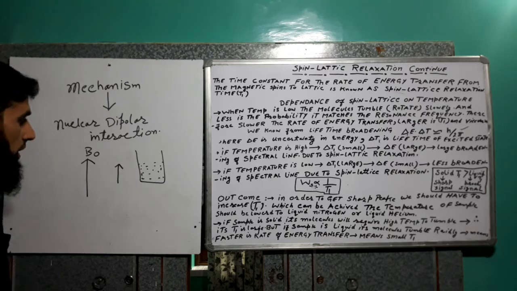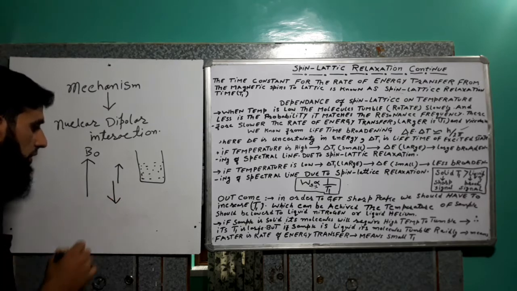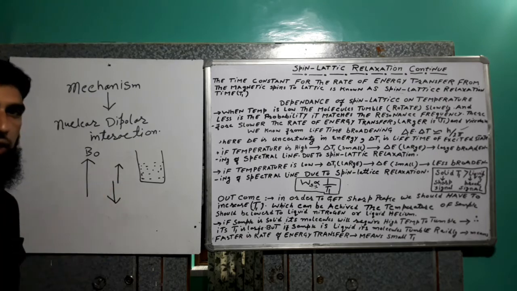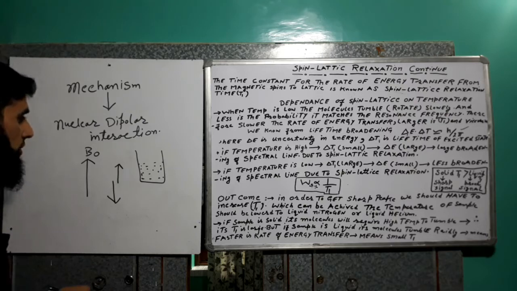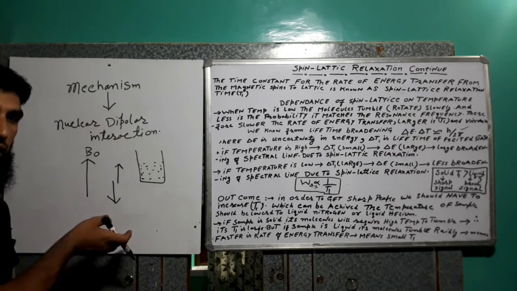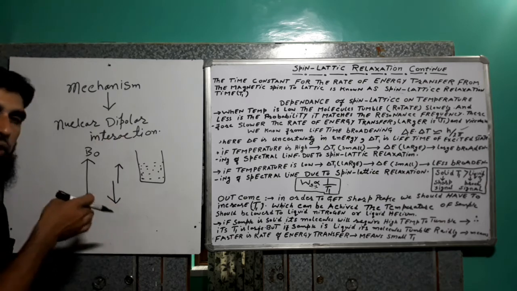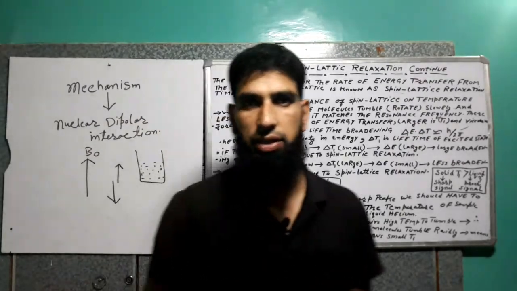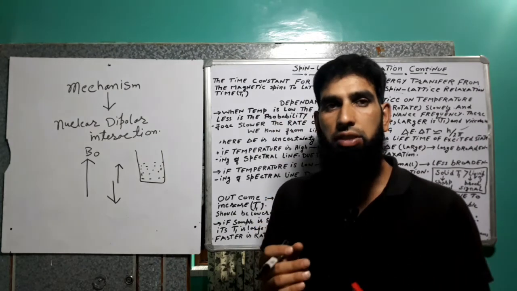Now, at any instant of time, some magnetic moments are in the opposite direction of the external magnetic field. At that time, what happens? The field strength decreases and the sample observes less field. So sometimes the field will increase, sometimes the field will decrease, and it will give rise to a fluctuating magnetic field. The nutshell statement is that due to the random motion of molecules, the sample will give rise to